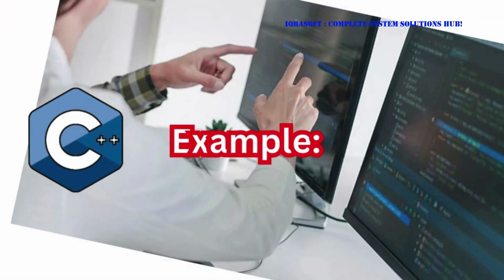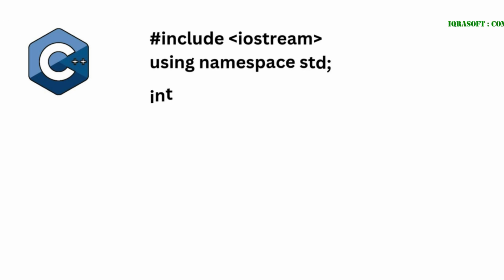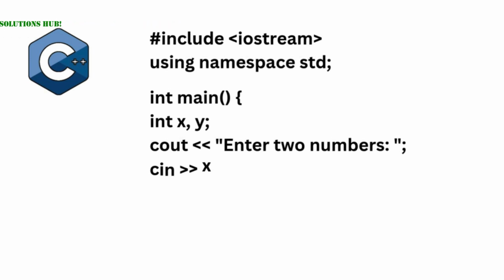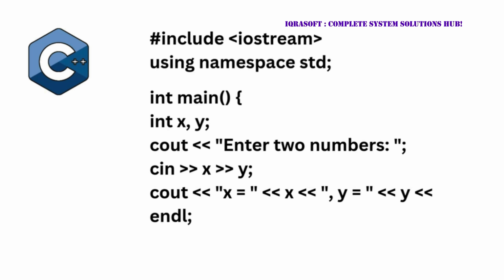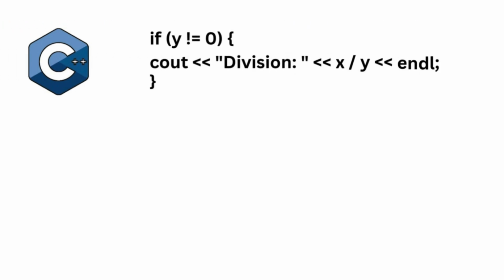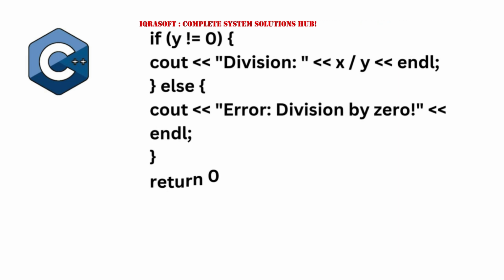Example. #include <iostream> using namespace std; int main() { int x, y; cout << "Enter two numbers"; cin >> x >> y; cout << "x = " << x << ", y = " << y << endl; if (y == 0) { cout << "Division" << x / y << endl; } else { cout << "Error: division by 0" << endl; } return 0; }